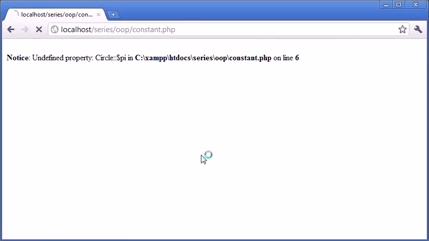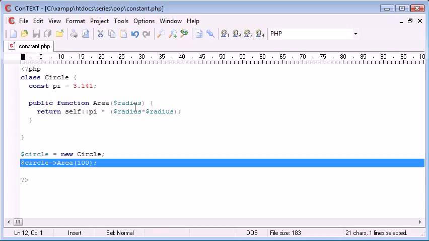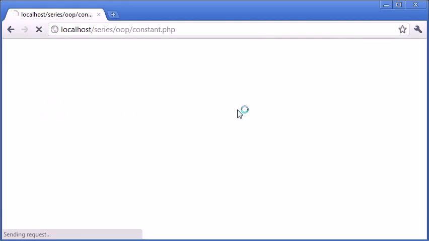So now let's refresh, and you'll see that we've got no errors. We haven't got any output yet because we haven't echoed out the value that this method has returned. So we have a return value here from this method. So let's go ahead and echo that out and see if that works. Okay, so we've got a value return of